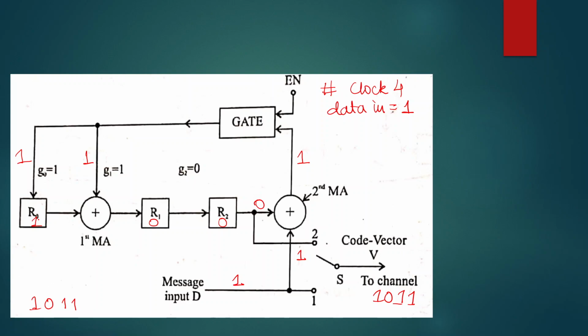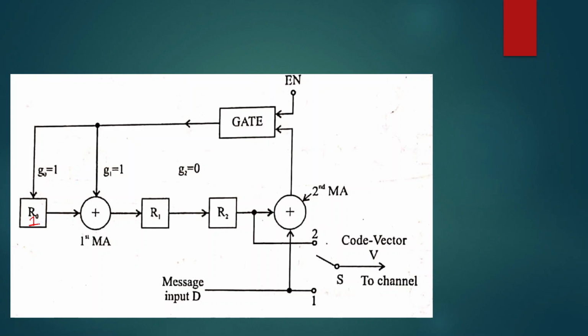Now again what will happen? This 1 enters the R0, and the previous 1 which was there, 1 plus 1, will send out a 0. So 0 will be sent over here. The previous 0 that was in R1 will be sent to R2, so it will remain in the same state, that is, the contents of R0, R1, R2 is 100. So now we are done with sending all the data bits into the channel. Once we freeze this 100 and we have sent all the data bits, the division process is complete.